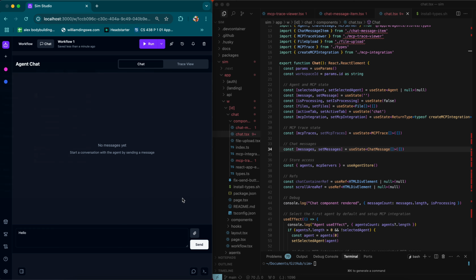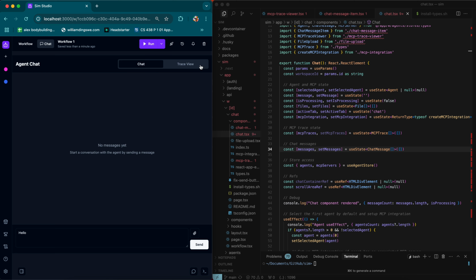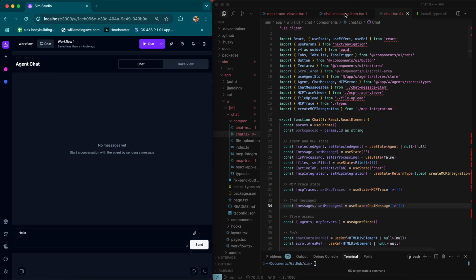It's a bit unfortunate, but I've added other features such as file upload and a trace view where you can trace the active MCP tools logs and see MCP traces. And this is all I was able to do for the front end. In the back end,